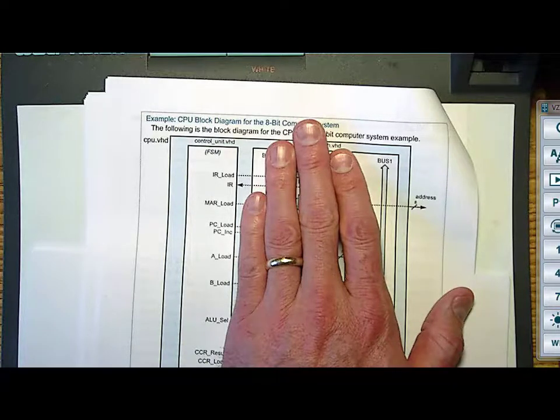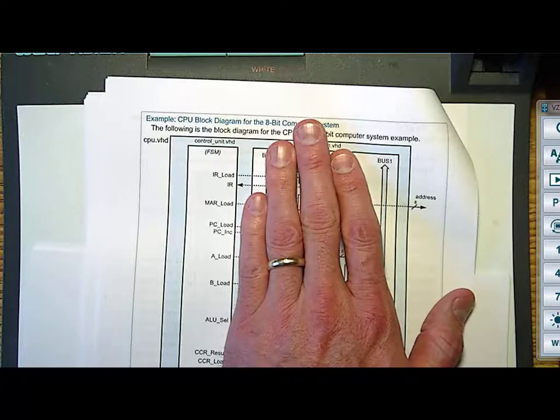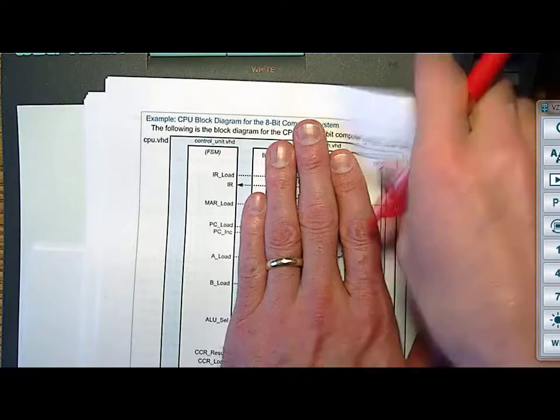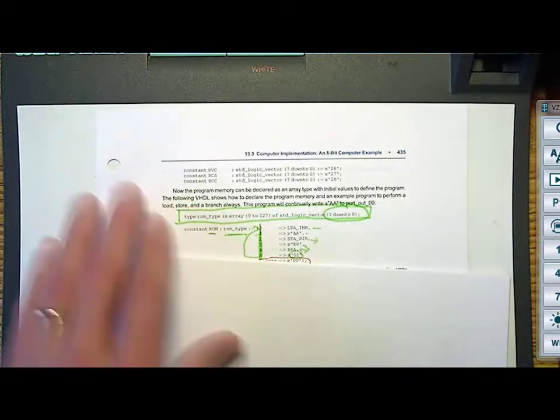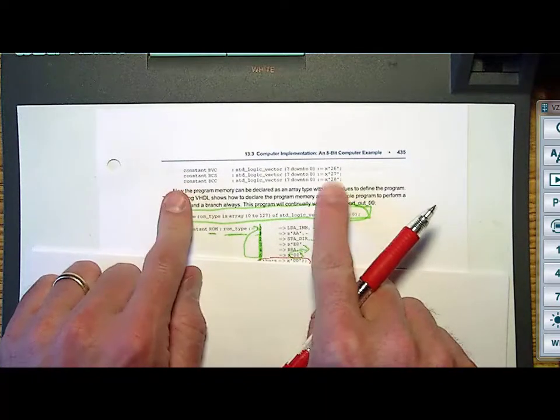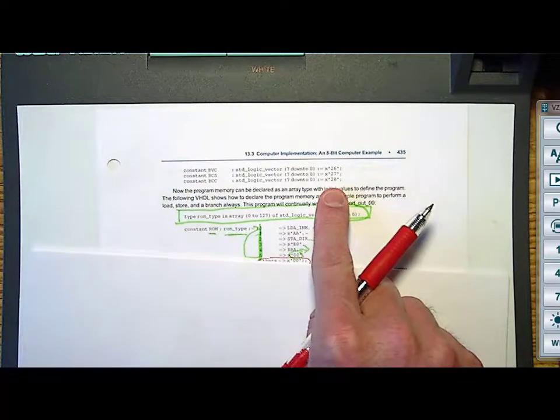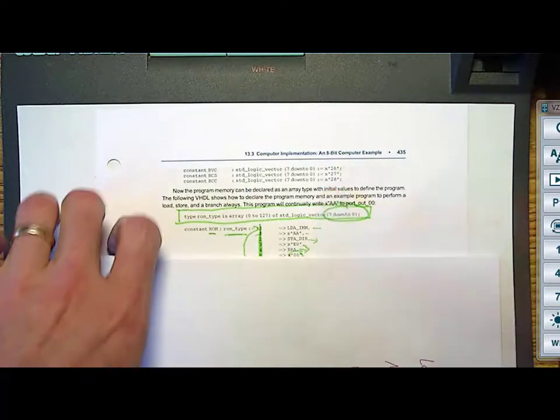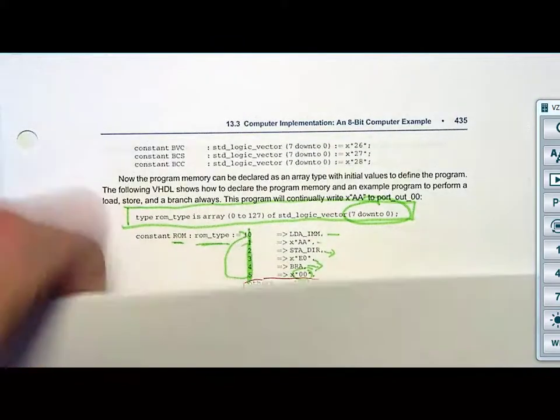There's no more of this kind of, well, it could be this, could be that. No, you're coding this directly into your VHDL. Okay? That means, though, you also have to have these constants for your opcodes, not only in your program memory, but also in your finite state machine unit, your control unit. Okay? All right, there is a little trick with the memory system which you only run into once you start